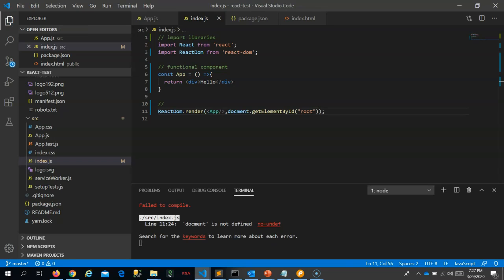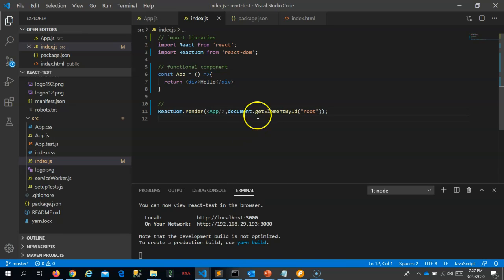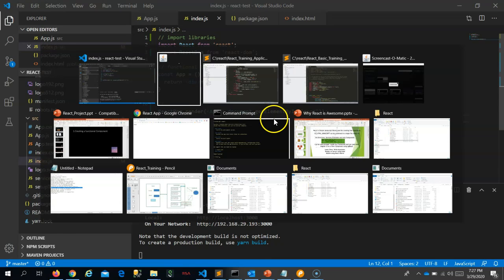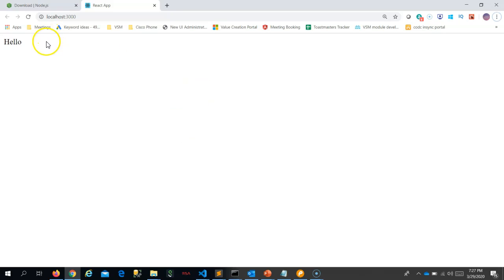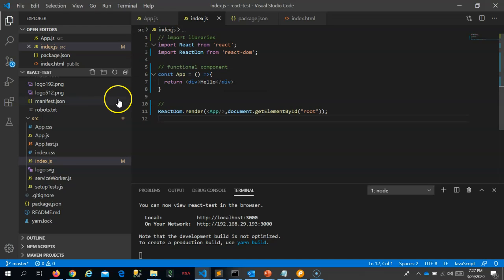Let's create it. Now it has completed. Let us see whether we are able to see hello in our page. So we successfully created a functional component in React. Now to understand better how it works,